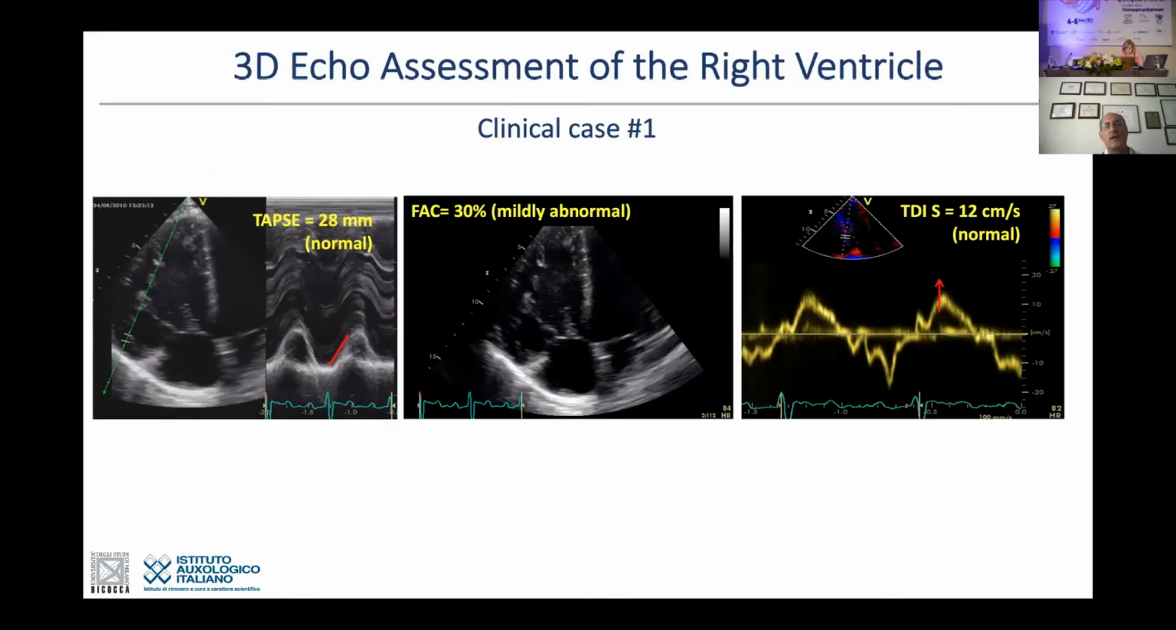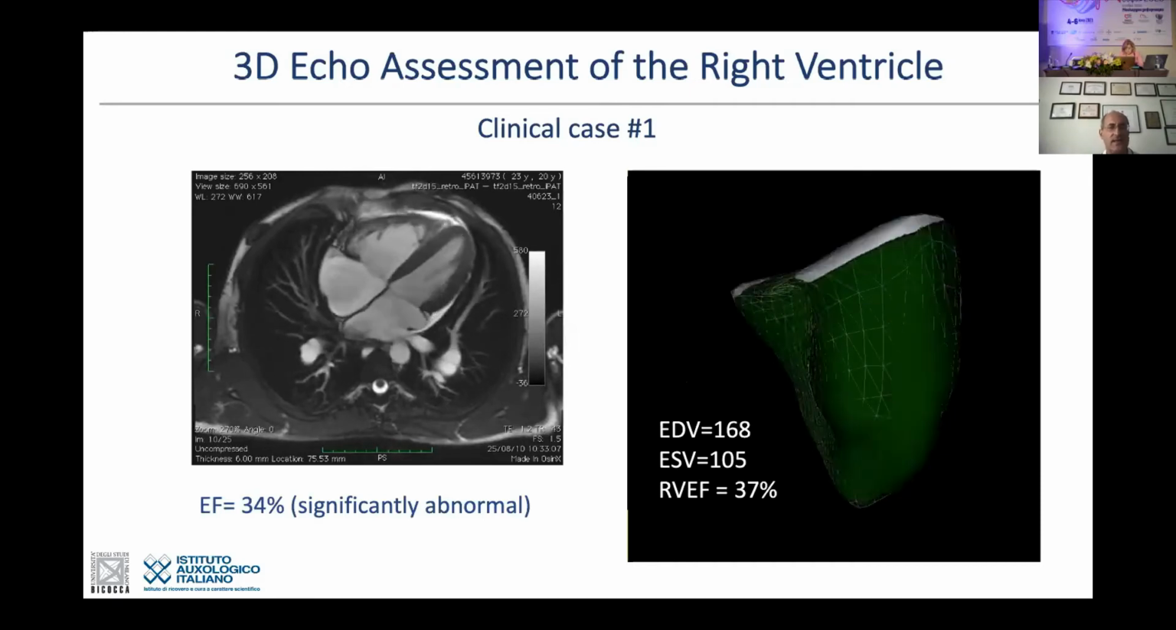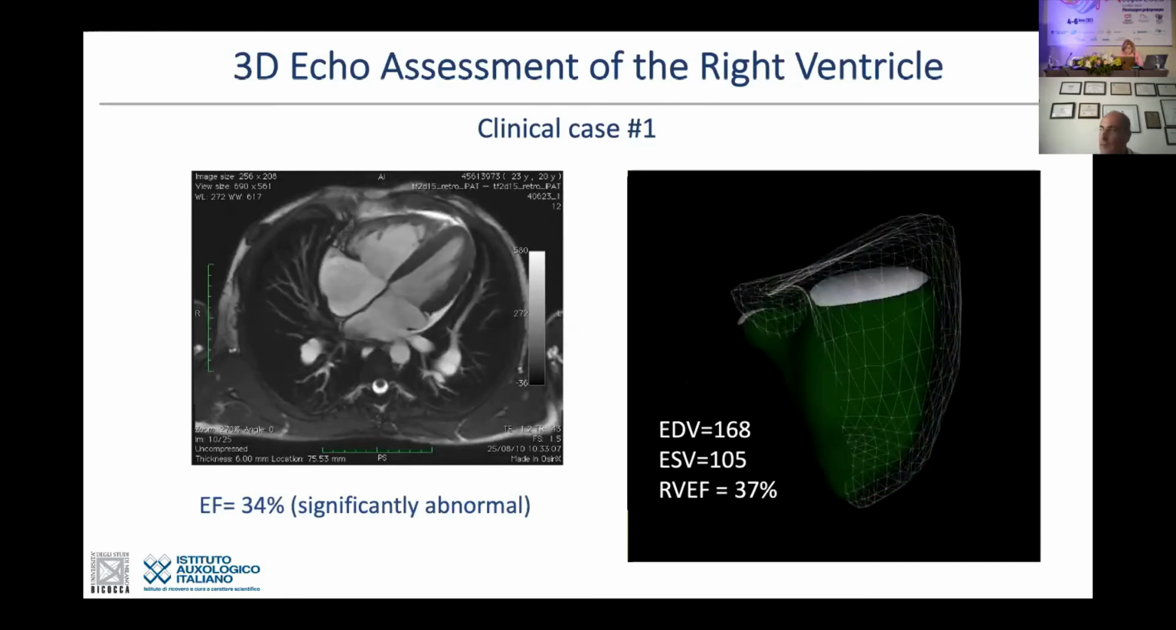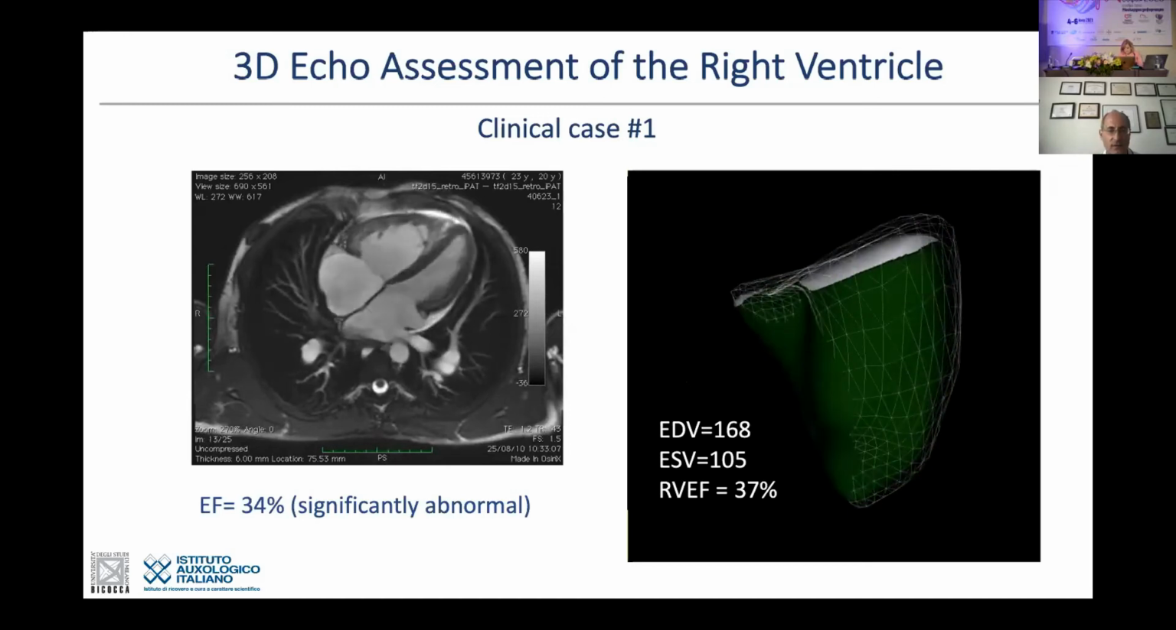If we measure the fractional area change, it is mildly abnormal. And if we measure the systolic velocity on the TDI of the free wall, we are at the low limit of normality. But indeed, with CMR, we realize that the EF is significantly reduced. And so the multiparametric approach recommended by current guidelines can be quite confusing, while